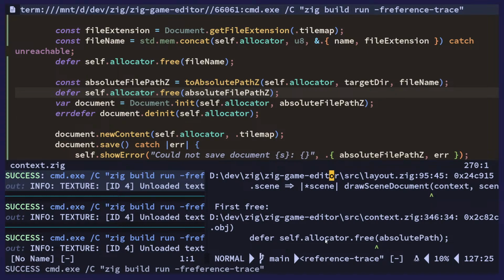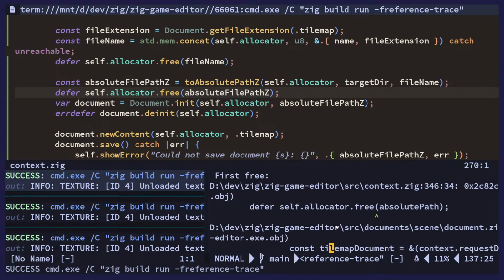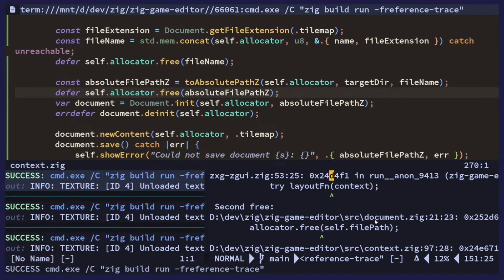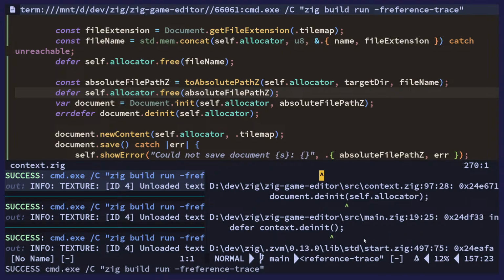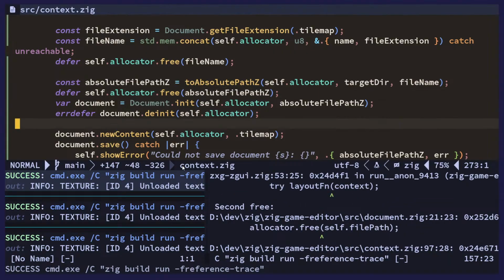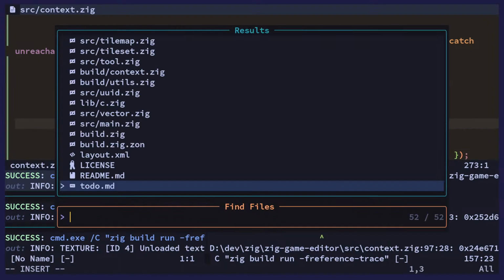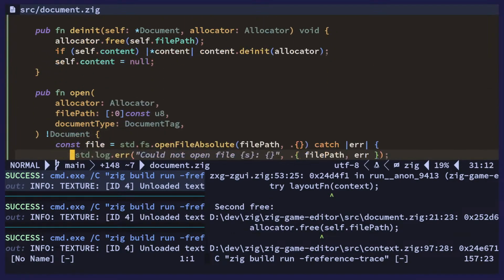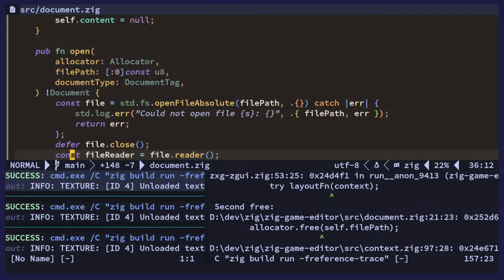First free, absolute path. So the first free is from the scene document now, timeout document. Okay. And the second free is in this document. Okay. So we go to here and